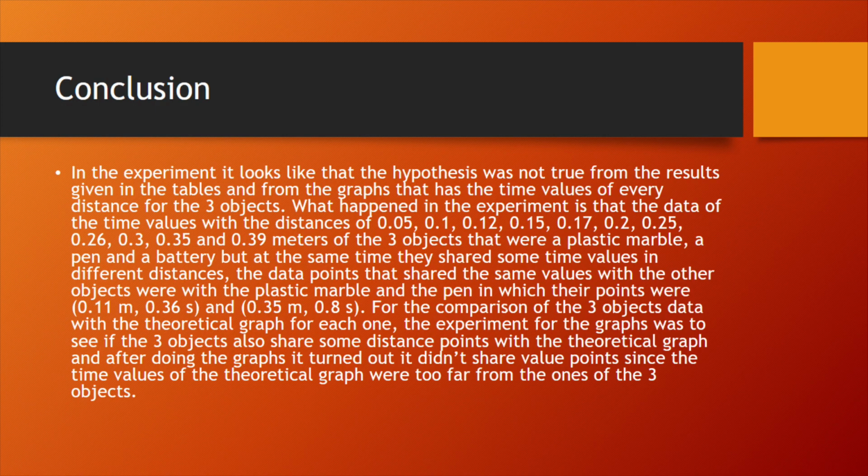But at the same time, they share some time values in different distances. The data points that shared the same values with the other objects were the plastic marble and the pen,